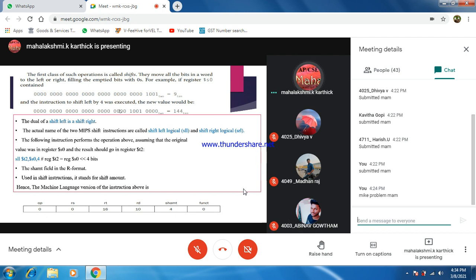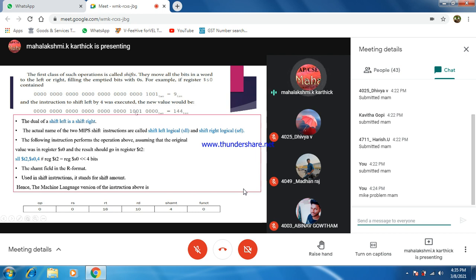You have to say it that way. Shift left logical. So the instruction given has to shift left by 4, and the new value of this register is converted by shifting left by 4. So the value now changes. 1, 2, 4, 8, 16, 32, 64, it goes on. It is very easy for you to find.